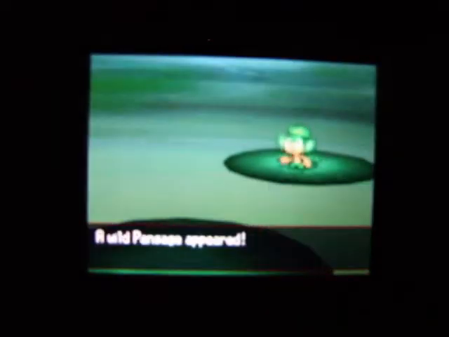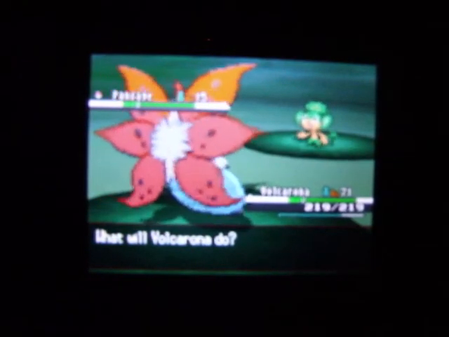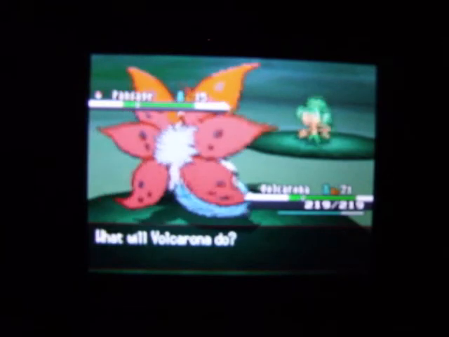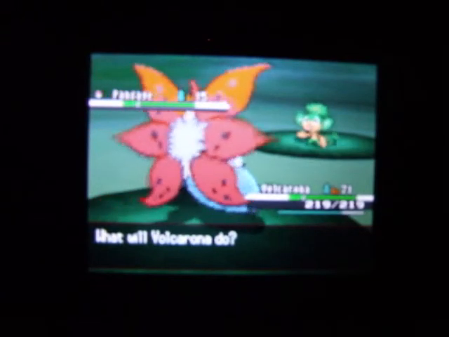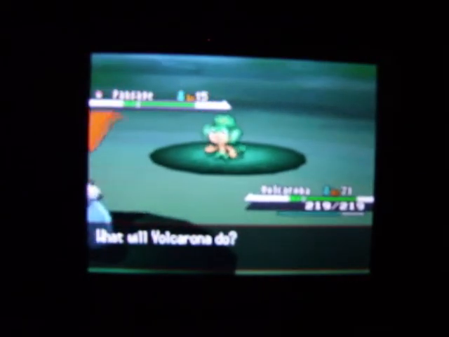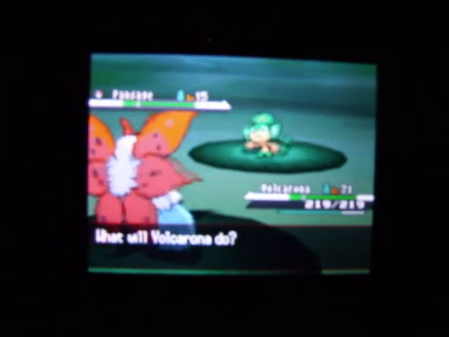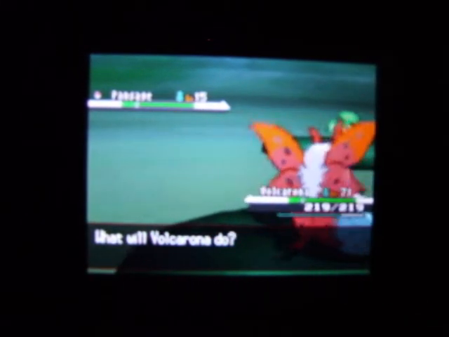Yeah, can see that. Right, hopefully it'll be a monkey, because that's what we're looking for. Alright, there we are. So we've got a Pansage. So all you have to do, for this walkthrough or guide, depending on who you started with, obviously if you started off with Tepig, then you should already have a Pansage from the girl in the Dream Yard. So you just got to catch one of them, and all you have to do is get the